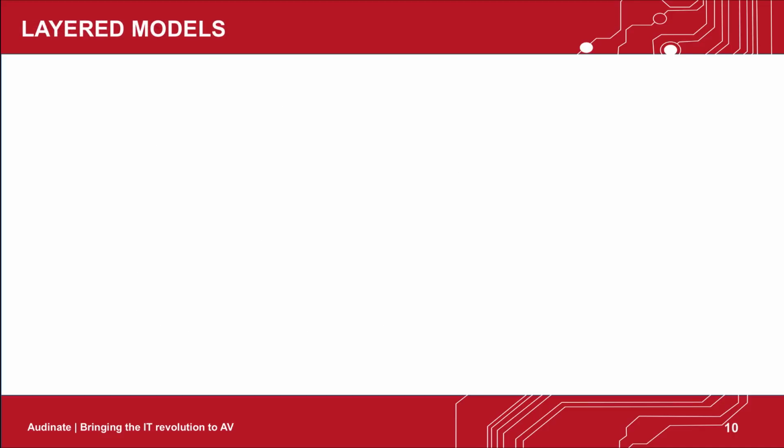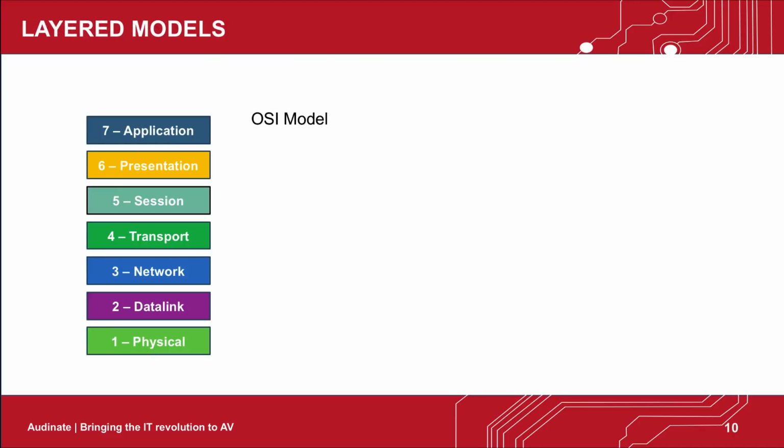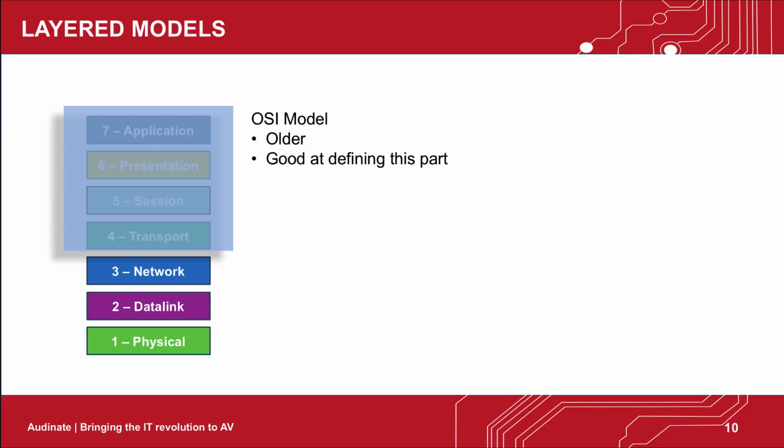The OSI model was proposed in the early 1970s. It is hardware independent and a conceptual model. The nice thing with conceptual models is that they last a long time as opposed to concrete models. The OSI model is great at defining the lower layers of the network stack,